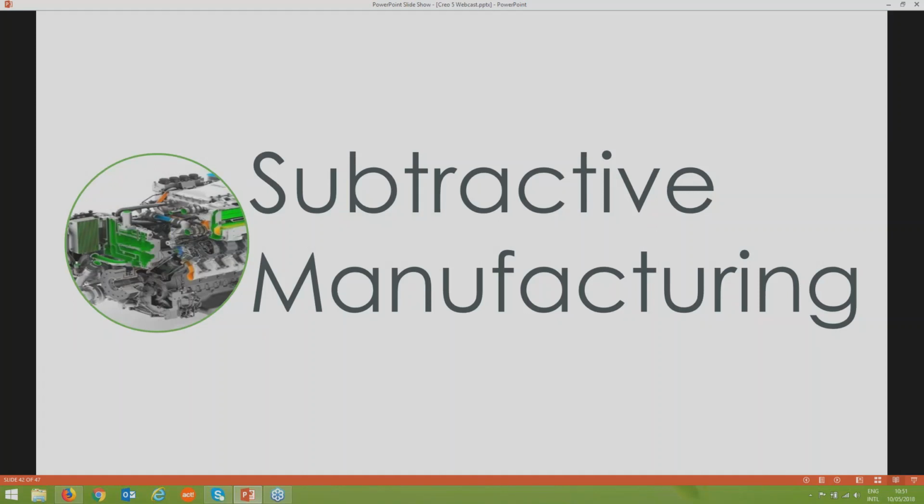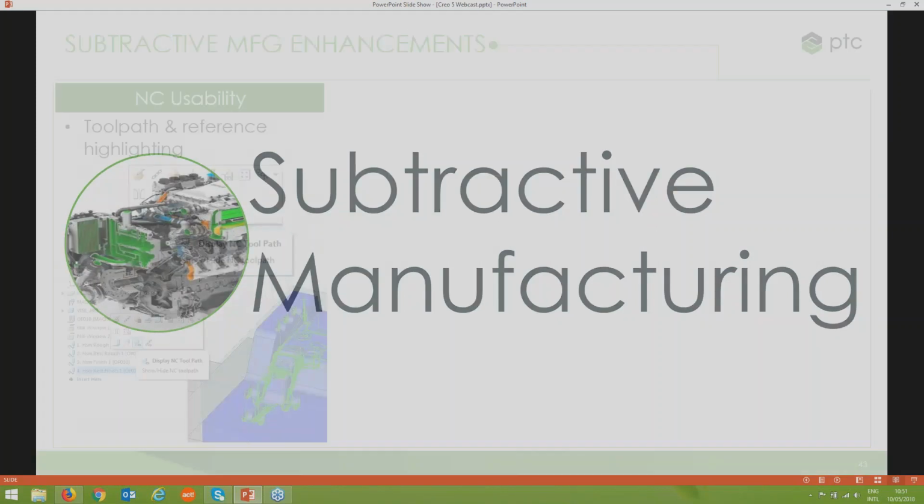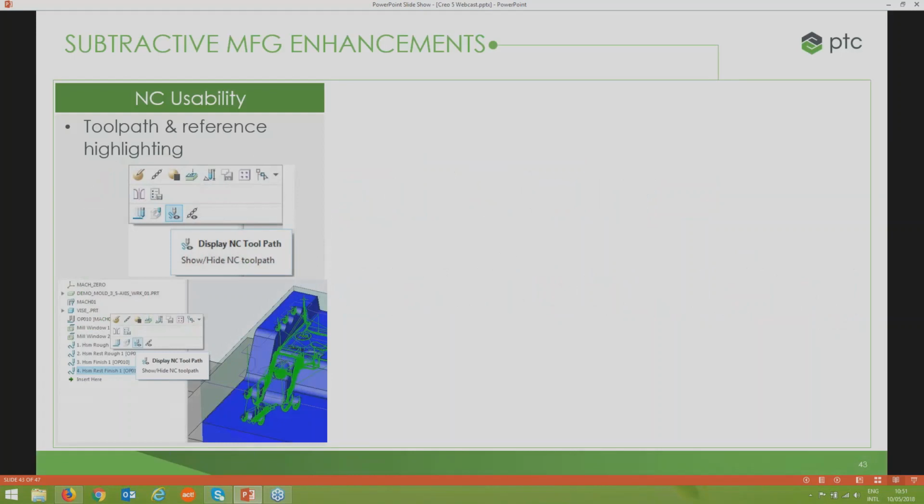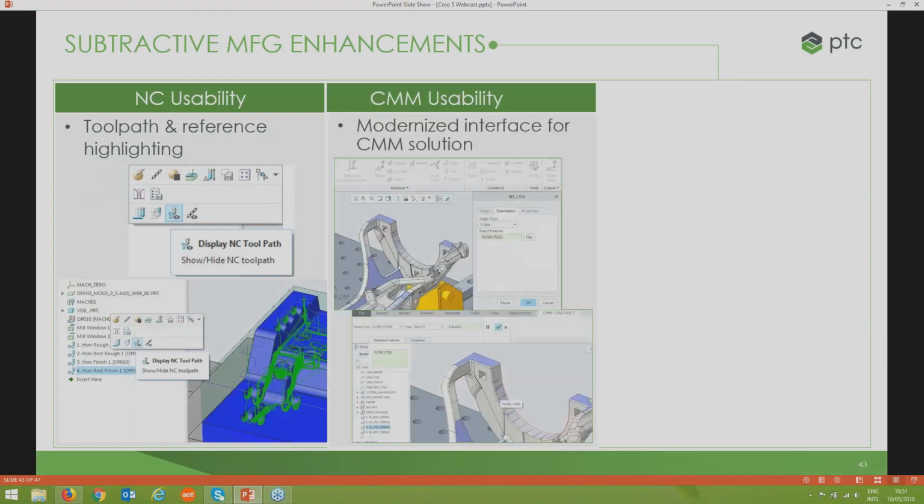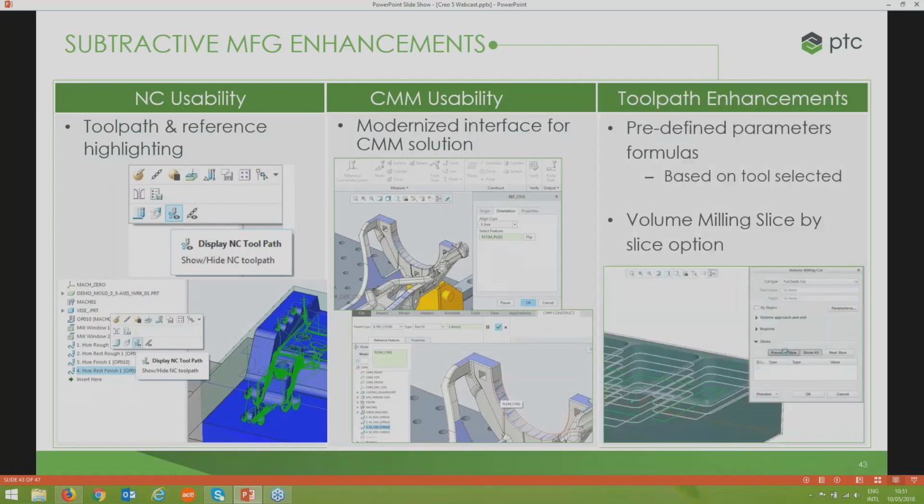So we're looking at some subtractive manufacturing now. So some updates on NC toolpaths. Okay, so highlighting, you can now show and hide your toolpaths on your model if you utilize any CMM. We've modernized the interface for that. Okay, and enhancements for calculating toolpaths. Okay, and the volumes and the parameters that are alongside